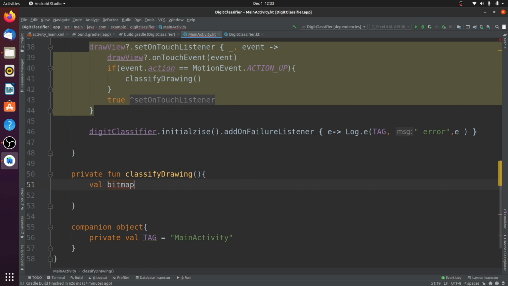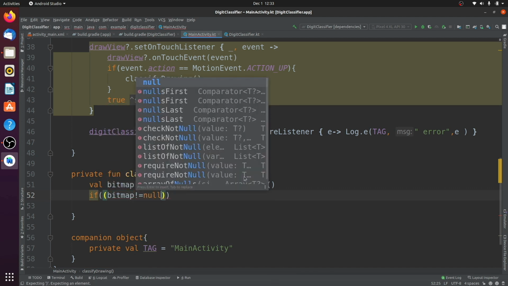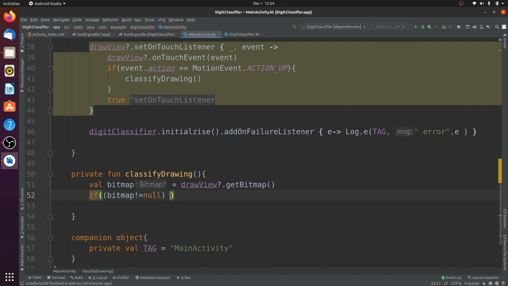Afterward, in the classifier, what I'm going to do is first get the bitmap from the draw view, and then I'm going to check two things. If bitmap is not equal to null, so it should be null. And second thing, I'm going to check is initialize true or not. If initialize is true and bitmap is not equal to null, then I'm going to call the classifyAsync function,